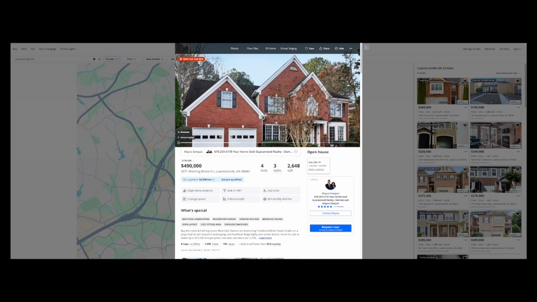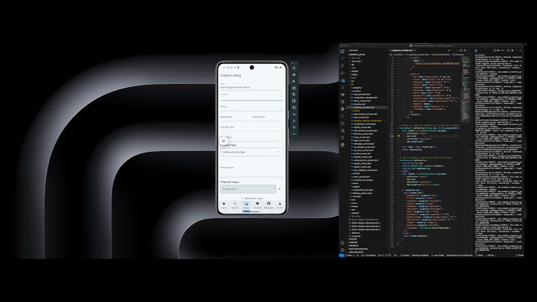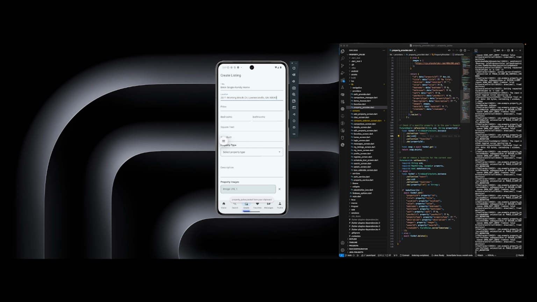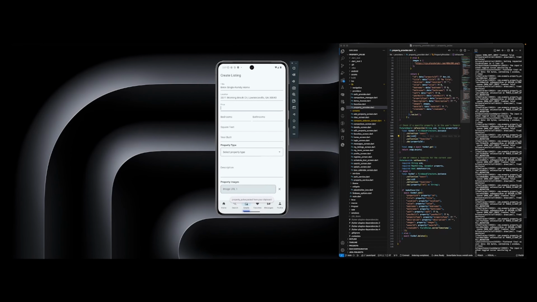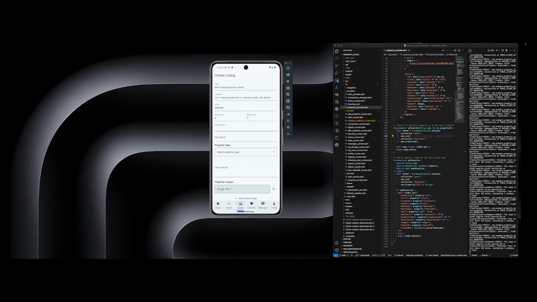And then location, you can just copy this. You can copy the address, paste it in. Pricing is 490,000. And then bedrooms will be 4 and 3. Square footage will be